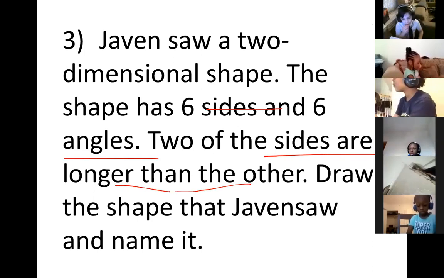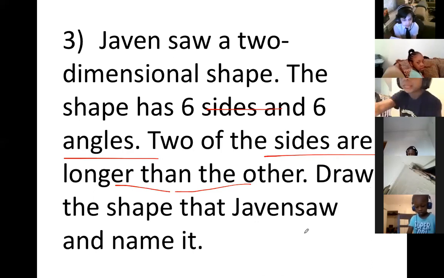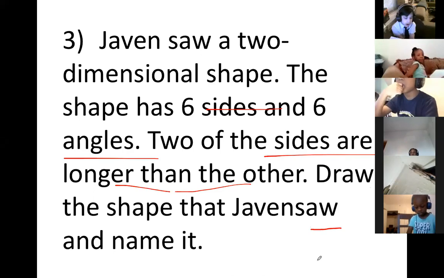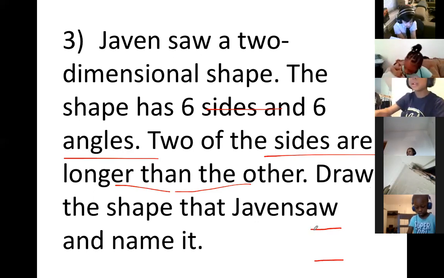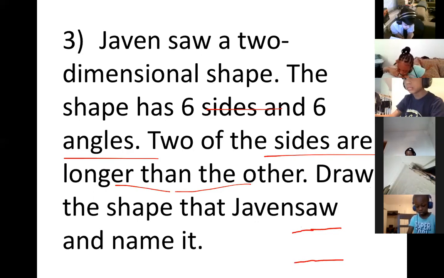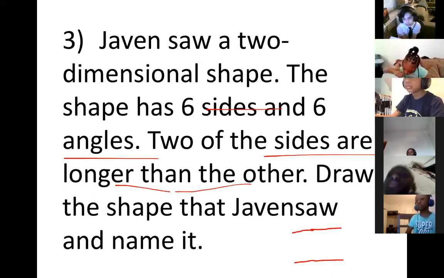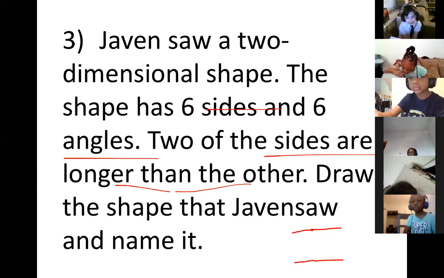We're gonna go ahead and draw a hexagon. When we draw a hexagon, Jaren, what's the first thing we do? First, we draw 2 sides. Yep, we draw 2 sides, one on top of another. Remember that this one says 2 of the sides are longer than the others. So we wanna make these ones a little longer. Yurik, what's the next step? The next step is to